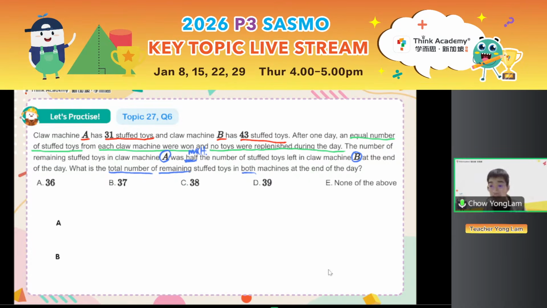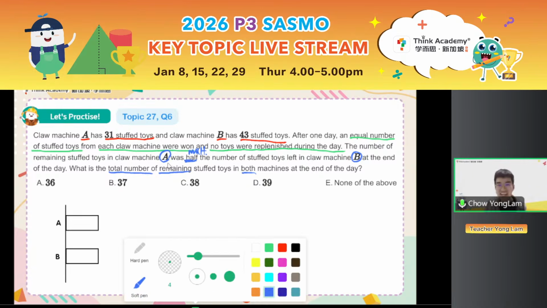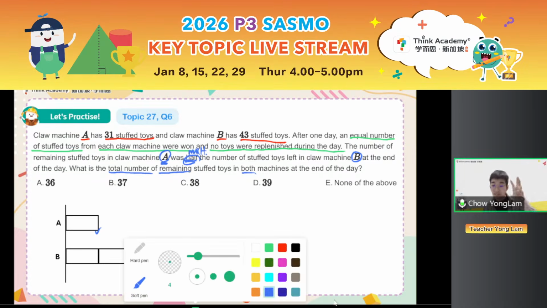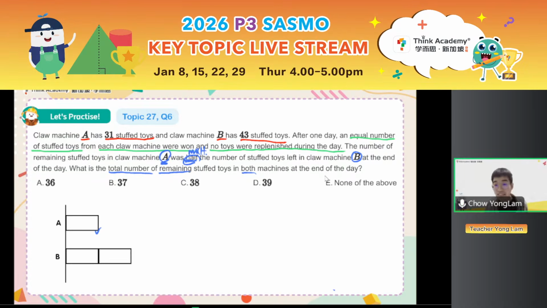That means if I draw the model, right, B and A, who is the one unit? Who has less? A has less, right? A is half of B. A has less. Let's draw one box for A. But if I draw one box for A, how many boxes do I draw for B? 2 boxes, right? So A is half of B. So this is a multiple relationship in a fractional form. So when I say A is half of B, basically B is double of A. Now that's a multiple relationship, okay?